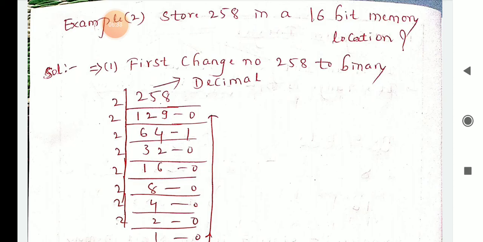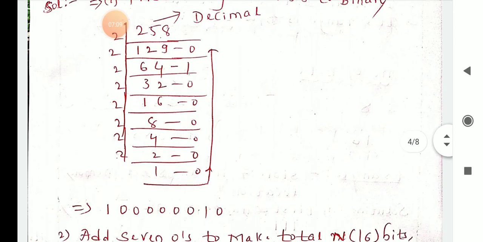So there you took 8 bits, here you have to consider a 16 bit memory location. So the first step, you know already: first change the decimal number 258 into binary form. How are you going to convert that? Again you have to take the LCM and divide by 2. So whatever remainder is there, you have to note it. First 2 2s are 4, 2 ones are 2, remaining is 1. 2 nines are 18, so the remainder is 0. Again the same way, up to the last step.